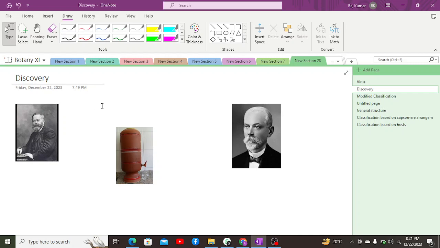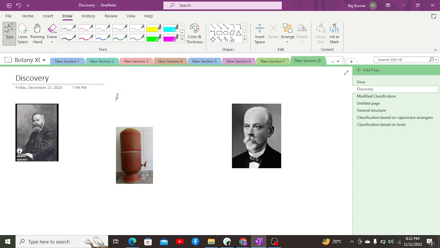He utilized this filter to check what kind of infectious particles can be filtered out. How the infectious particles of the tobacco mosaic virus can be filtered out using the